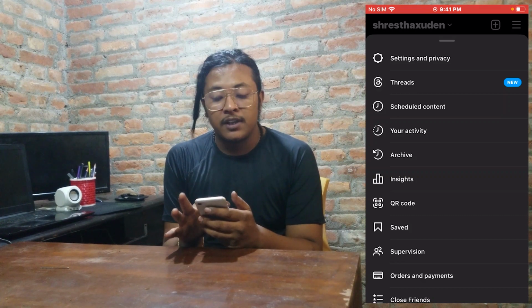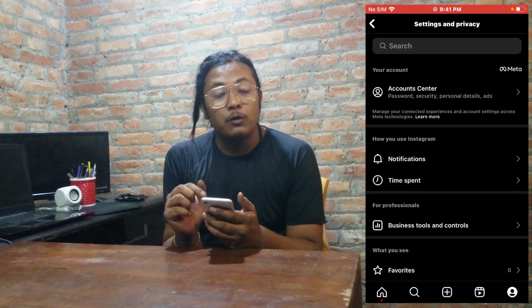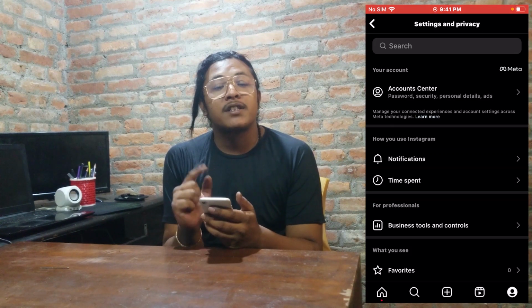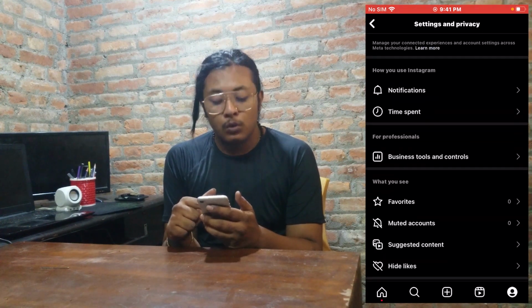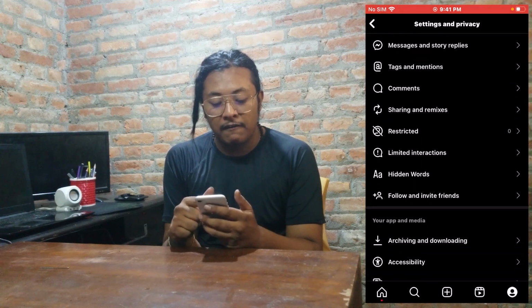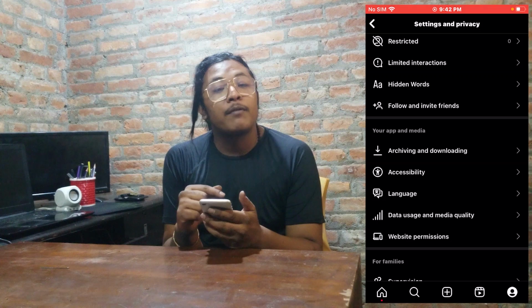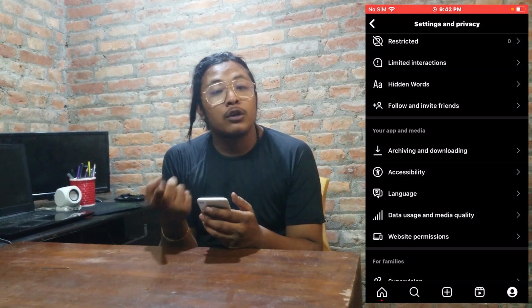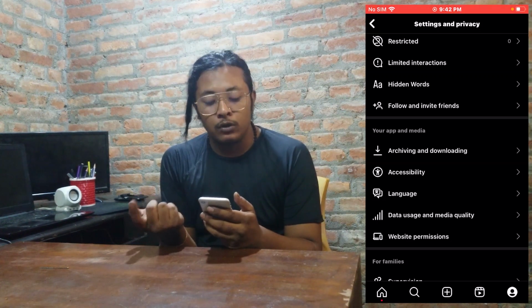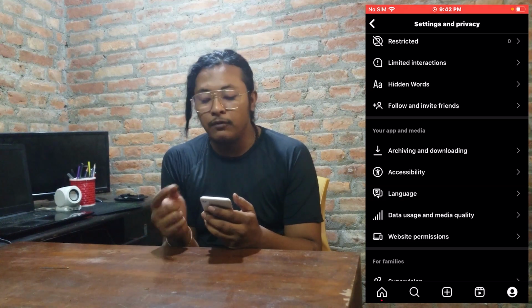Simply tap on that settings and privacy, and over here on the settings and privacy section of your Instagram account, scroll down a little bit until you can find the archiving and downloading option over here, which is just above the accessibility, guys. In order to save your Instagram photos and videos on your gallery on your iPhone, first tap